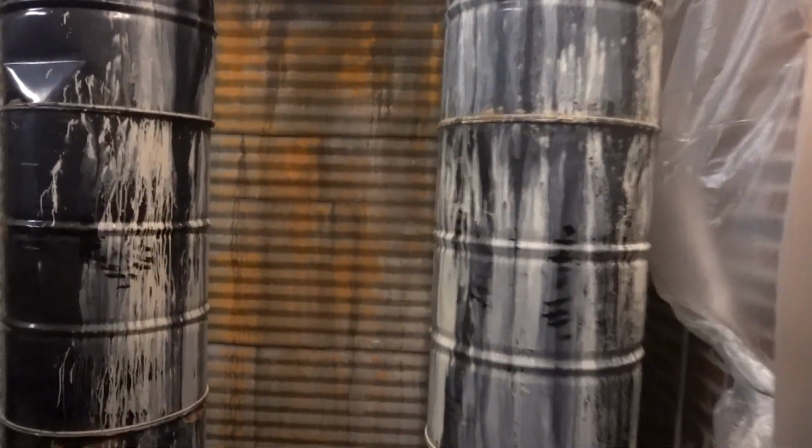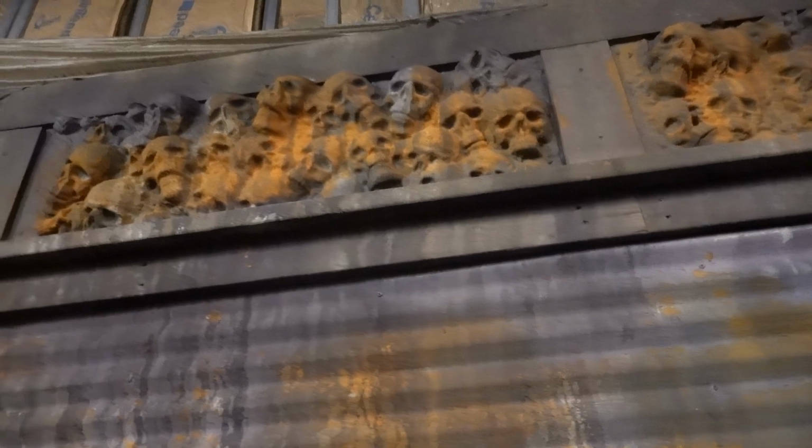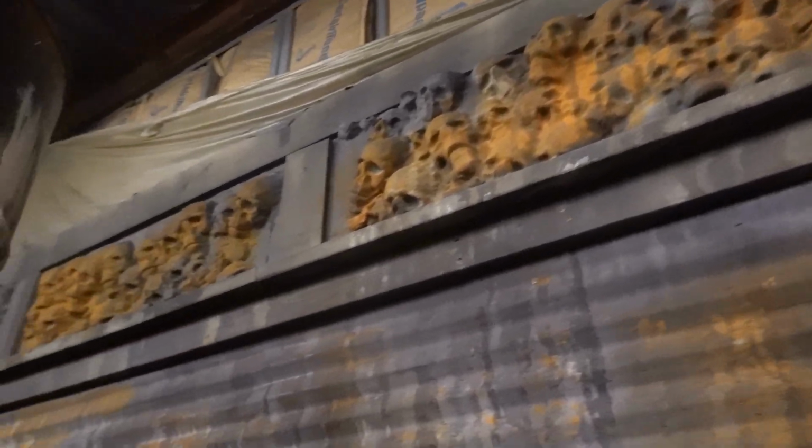But see, look, let me show you something. Now look at this. We've taken a 1x12 or 2x12 and a 1x6, and we've made a stepped footer. And then it's all corrugated steel. And then across the top, look how we took those skull panels, we framed them in, and we gave it a ledge. See, there's a ledge all the way around. Okay. And then we did this whole wall here,